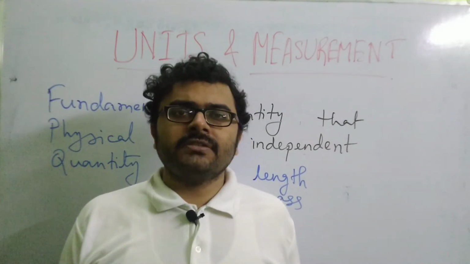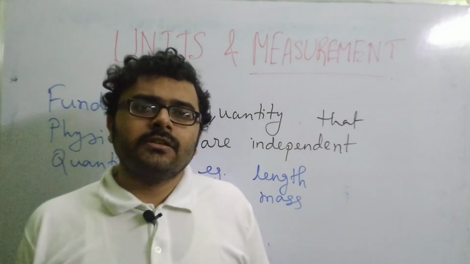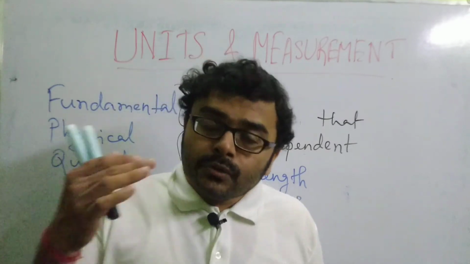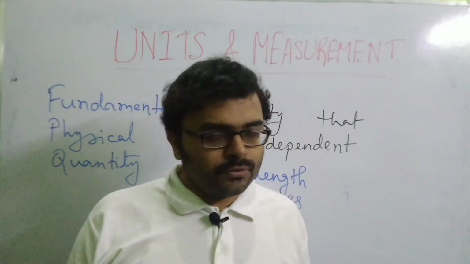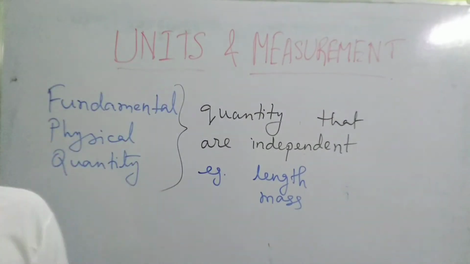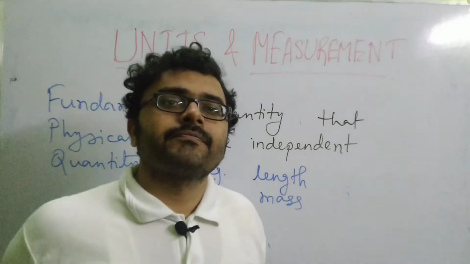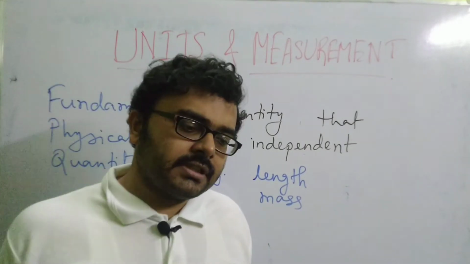Actually, when you are trying to figure out that the mass of a certain amount of sugar is 5 kg, do you need the help of other physical quantities like length or volume or time to express the mass of the sugar? No, you don't. So length can be regarded as a fundamental physical quantity, and mass is also a fundamental physical quantity. The concept of fundamental physical quantity is nothing but those that are independent, self-dependent. They do not need any other physical quantity to express them. So those are the fundamental physical quantities.